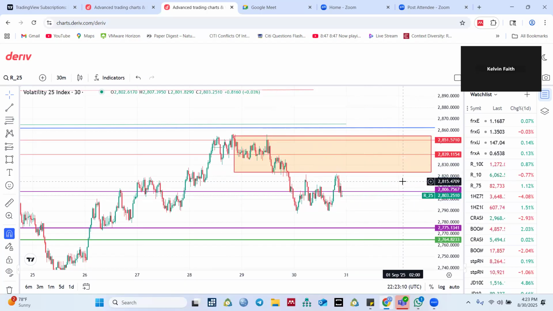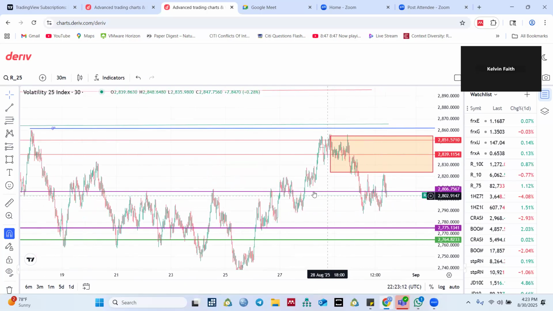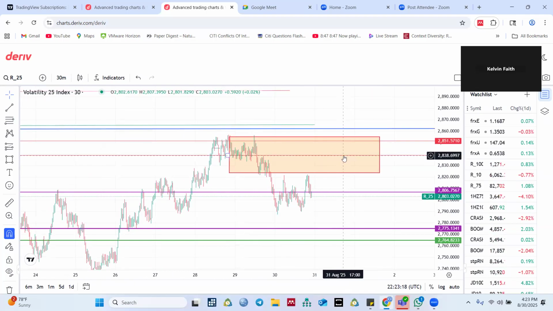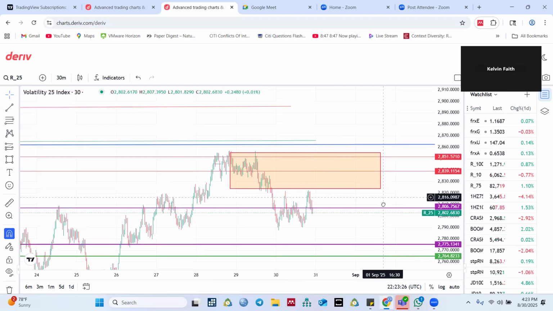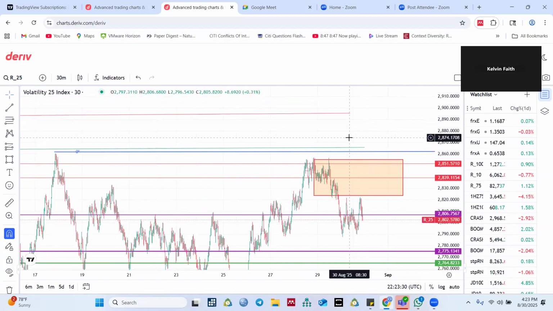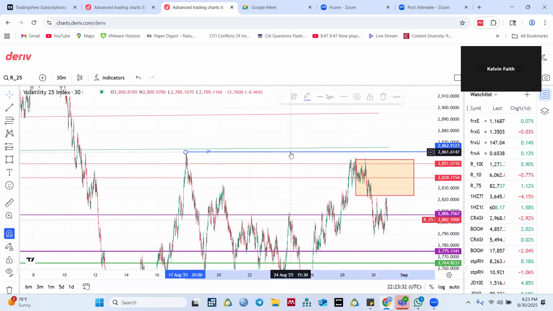So let's see if that will happen on the 30 minutes. Let's see if this area will be respected. But below this red line, we are likely to sell. And below this red line up here too, we are likely to still sell. Once price closes above this area, no, we don't need